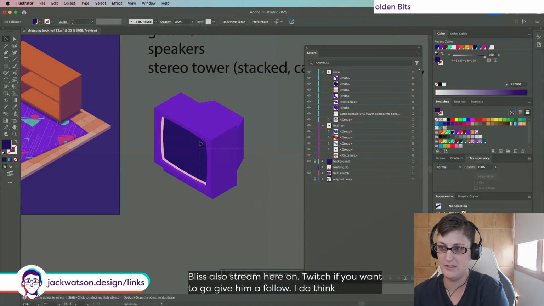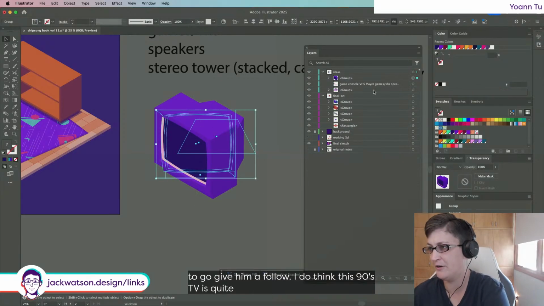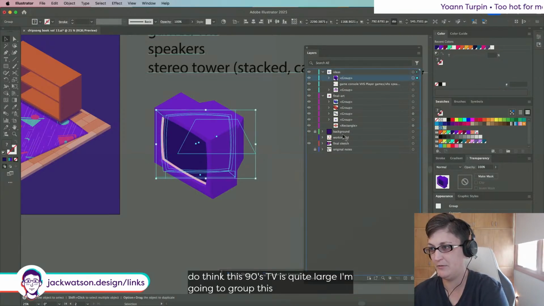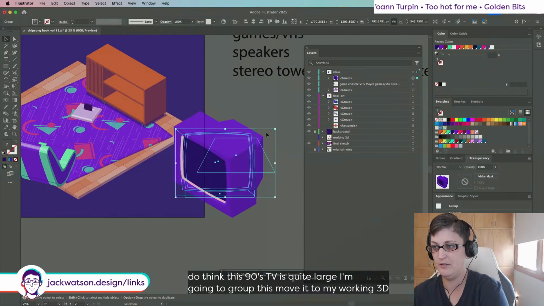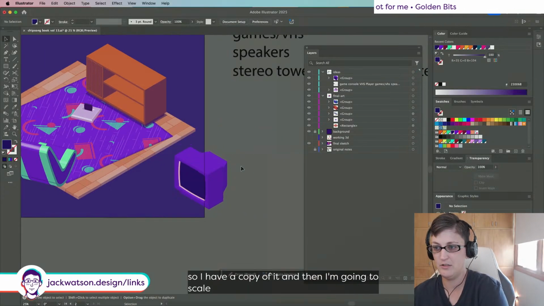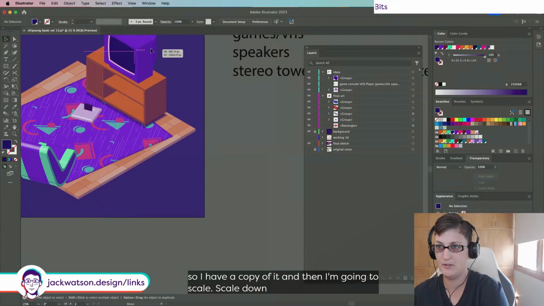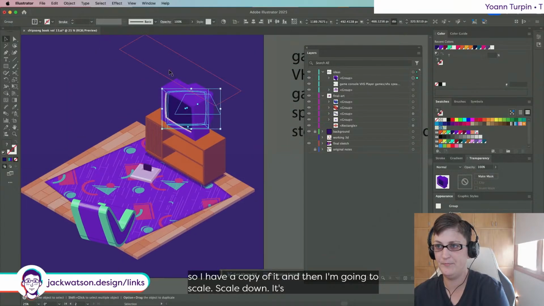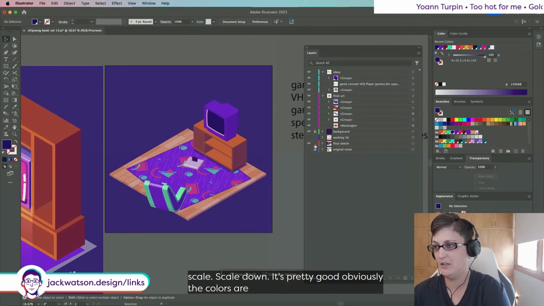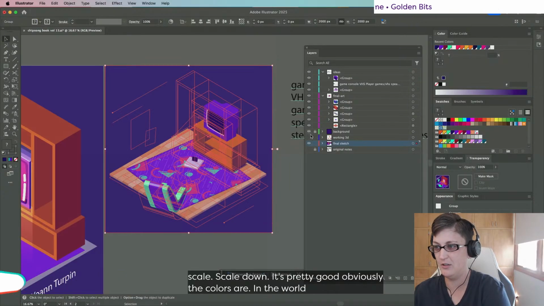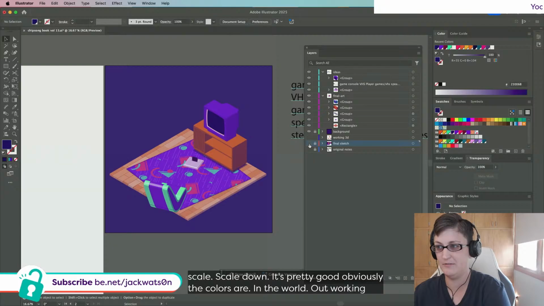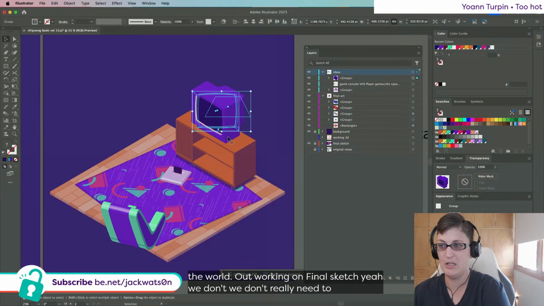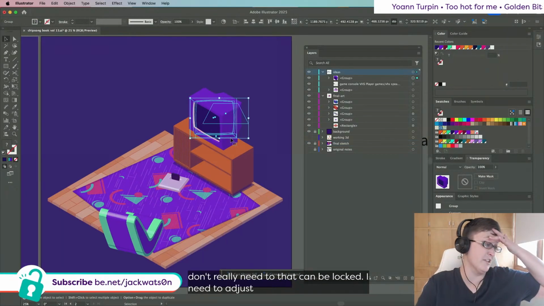I do think this 90s TV is quite large. I'm going to group this, move it to my working 3D so I have a copy of it, and then I'm going to scale that one. It's pretty good. Obviously the colors are, what in the world is in the background here? Oh, working. Oh, final sketch. Yeah, we don't really need to, that can be locked. I need to adjust the colors on this, but